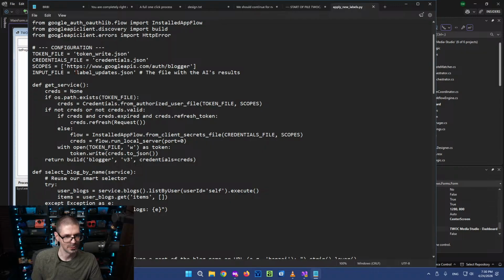This was related to what I did, again using the Gemini Pro. I had that generate all of the category stuff by giving it a bunch of information. It worked well. So it was partly a manual process, but also very automated. It looks like it's getting a service for the API, seeing if some token exists.